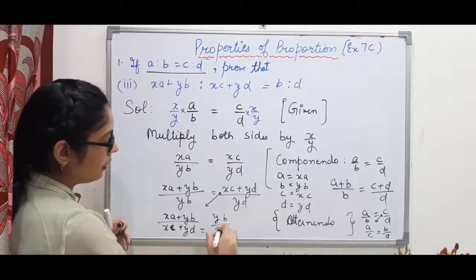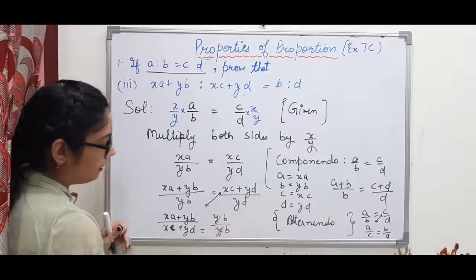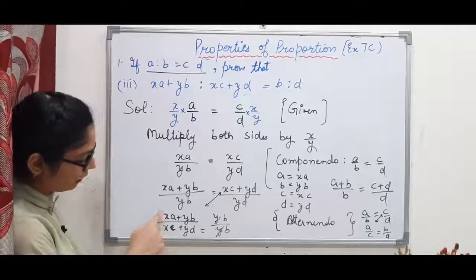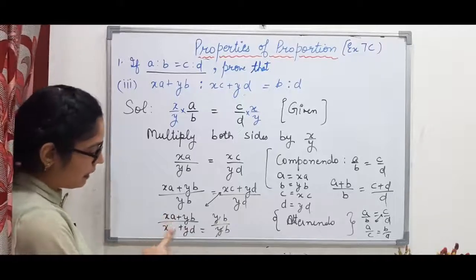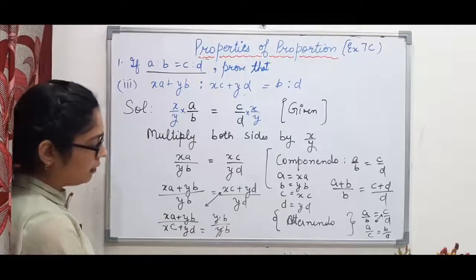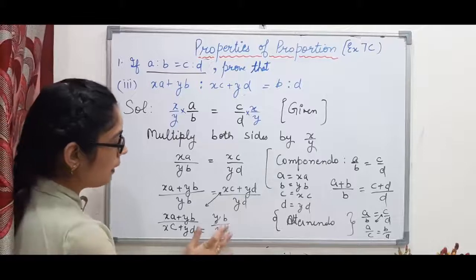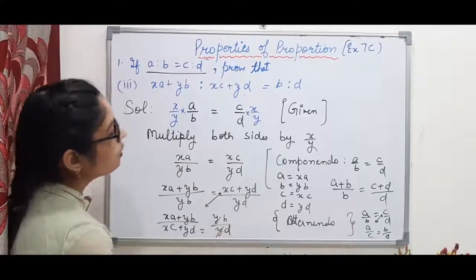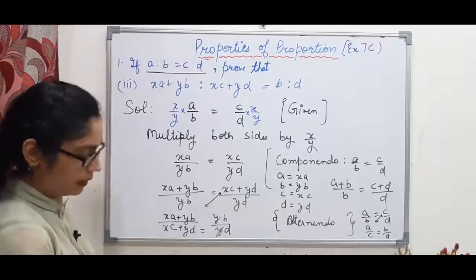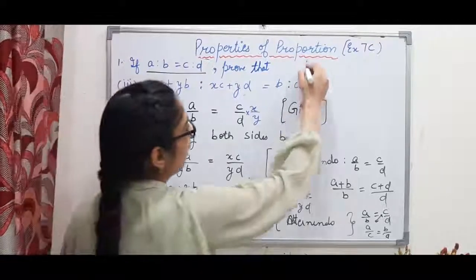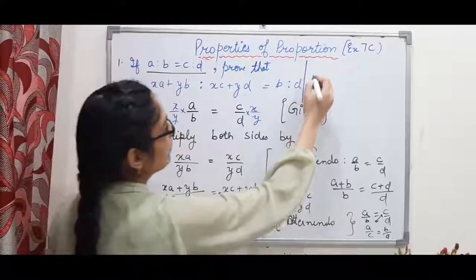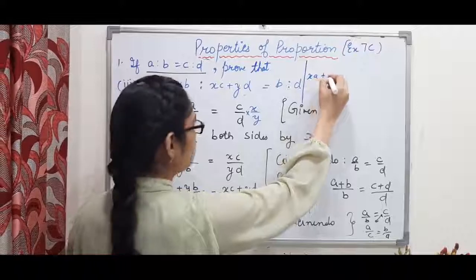It's equal to YB by YD. Y and Y will get cancelled here. So XA plus YB by XC plus YD is equal to B by D. Here D is there. So in ratio form, I can write it as XA plus YB